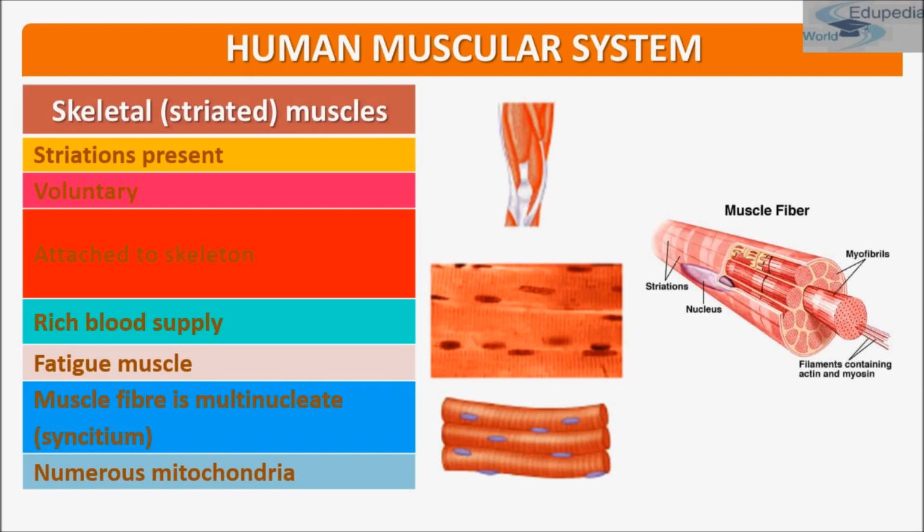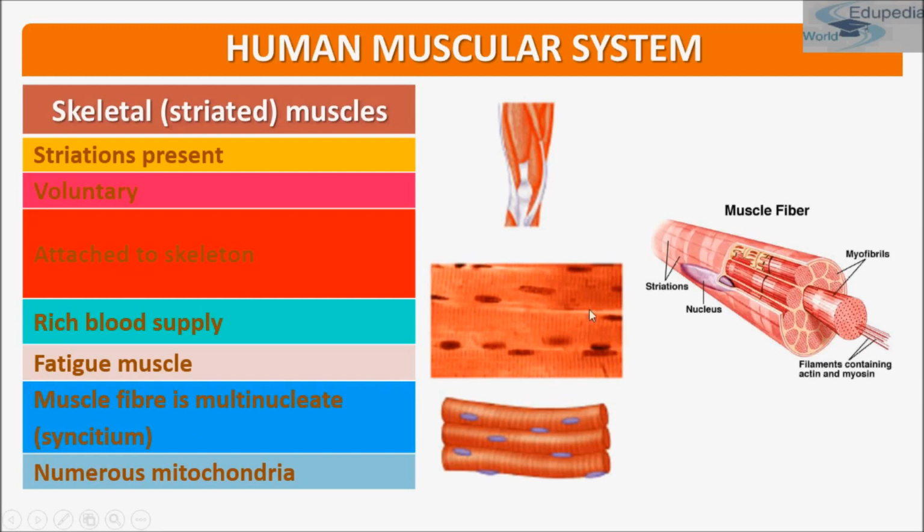So you can say that in skeletal muscles, striations are present. Okay, these are striations, or you can say band-like. They are attached to the skeleton. They have a very rich blood supply. They are also known as fatigue muscles. That means they also get tired. And the muscle fiber is multinucleate. As you can see, there are multiple nuclei present in the skeletal muscles. Okay,